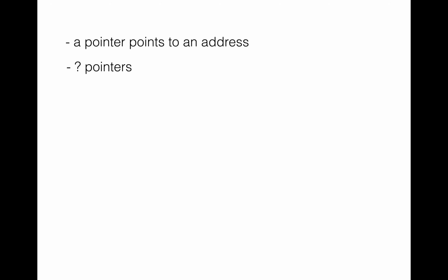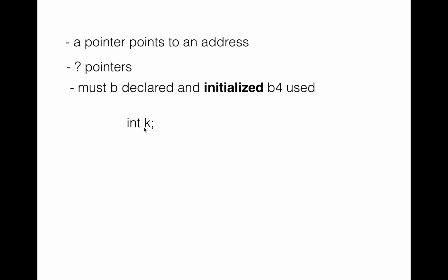So how do we make use of pointers in C? Just like any variable, a pointer variable must be declared and initialized before it can be used. And also please remember, the type of the pointer must be of the same type the pointer points to. So if we have an integer k, and if we want to refer to the address of this particular variable, we need to declare a pointer of type int. This is how pointers are declared using the asterisk operator. So pk is an integer pointer.